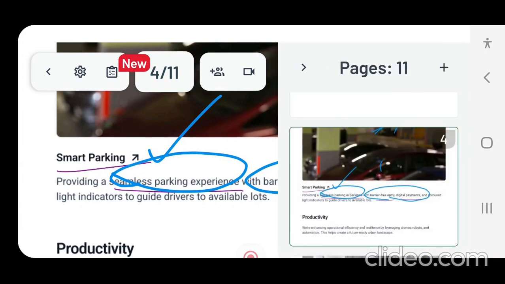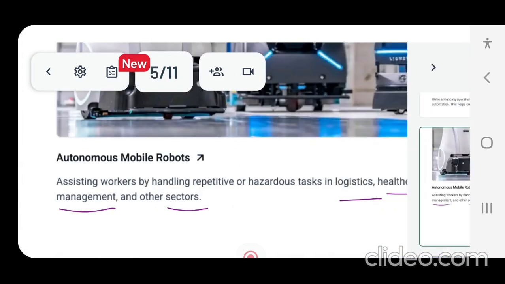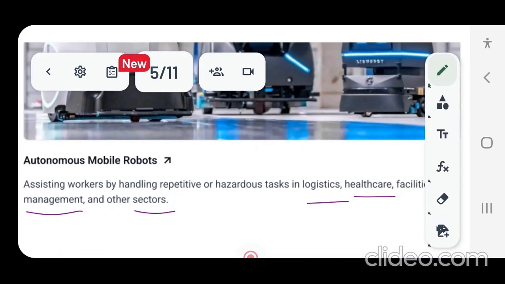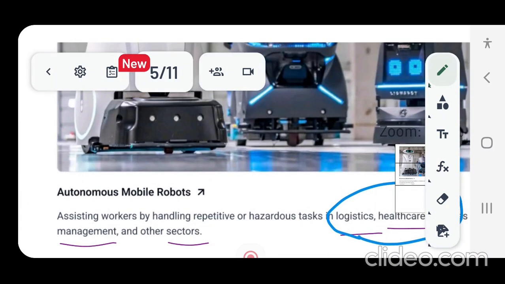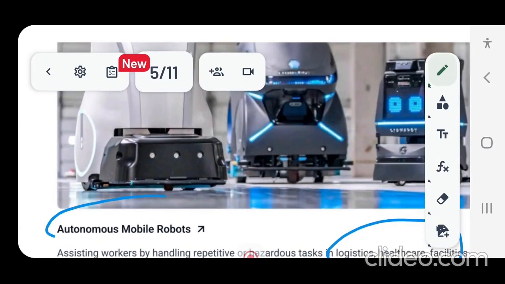And for tasks in logistics, healthcare, facility management and other sectors, we can make use of autonomous mobile robots, and this exists in Singapore.